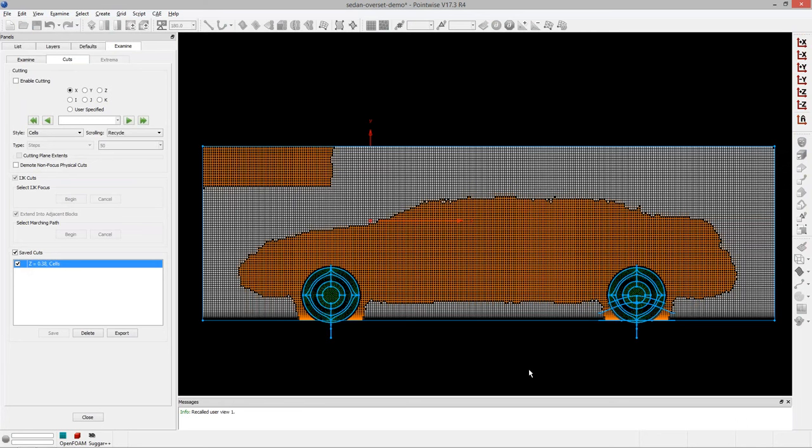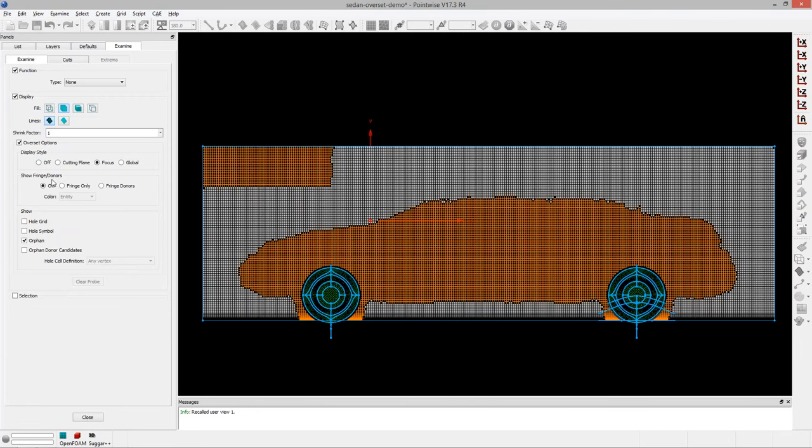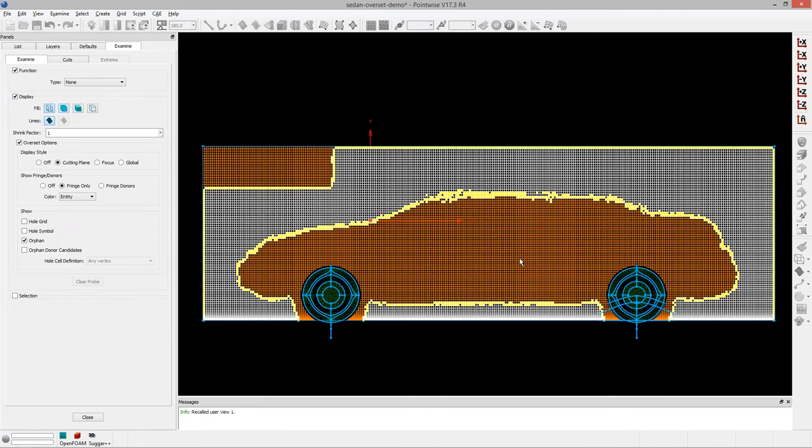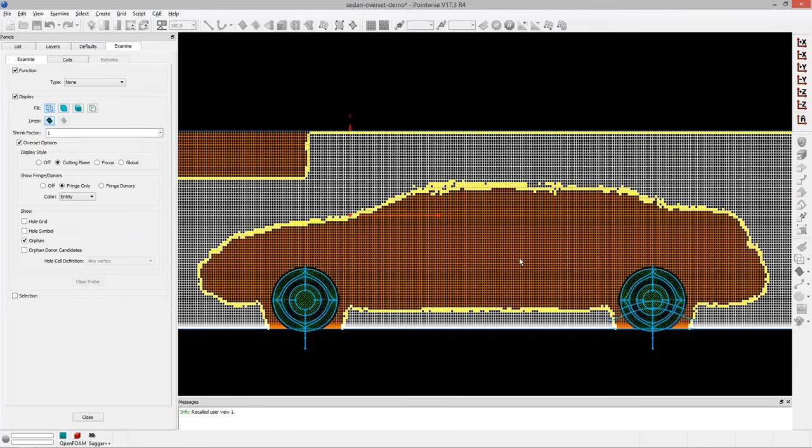What you're looking at is that the background mesh is being trimmed by not only the vehicle body, so you get an idea of what the shape of that vehicle looks like, but also the wheels. This little chunk up here was done through a manual hole cut operation to effectively reduce the cell count for the overall composite grid. But that's effectively what's happening when you run the assembler. You're cutting out bodies from different bodies. Okay. Now, one of the things I can look at is the fringes on a cutting plane, which is kind of cool. Again, fringes are cells that have donors, so they're going to receive solution information from other bodies, and we can see those fringe locations. We could also identify any orphans if we had any and get in there and mitigate those problems.